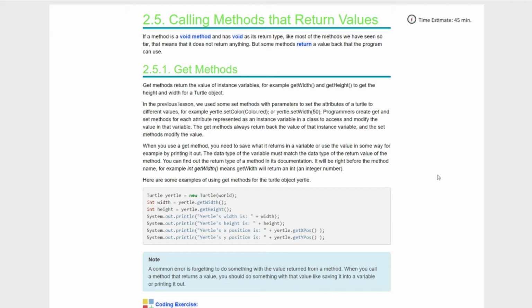If a method is a void method and has a void as a return type, like most of the methods we have seen so far, that means that it does not return anything. But some methods return a value back that the program can use. Get methods return a value of an instance variable, for example, getWidth and getHeight, to get the height and width